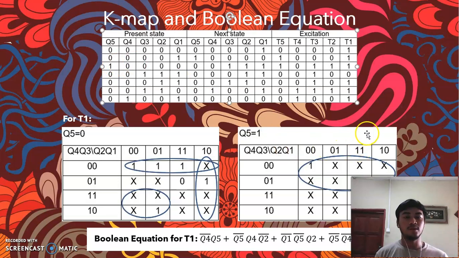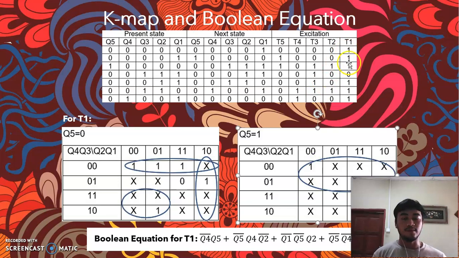So we look at this K-map because Q5 is 1. And 0, 0, 0, 0 is the top left one, so we just put 1 because the output of T1 is 1. And we derive the Boolean equation like a normal equation.